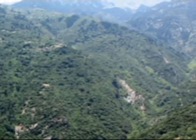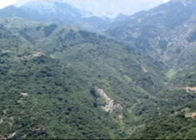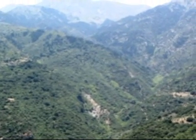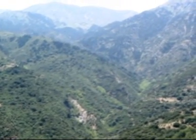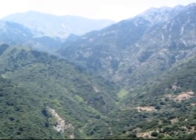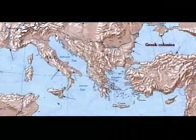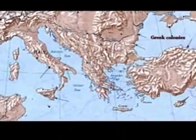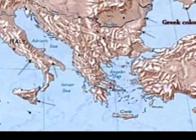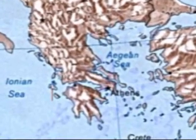Thirdly, and most importantly from our viewpoint, it has pushed the landscape of the Greek peninsula into a series of mountain chains known as alpine folds, and these run roughly from northwest to southeast across most of the country. 80% of Greece is mountain, and basically it was useless to the ancient Greeks for anything other than providing spectacular